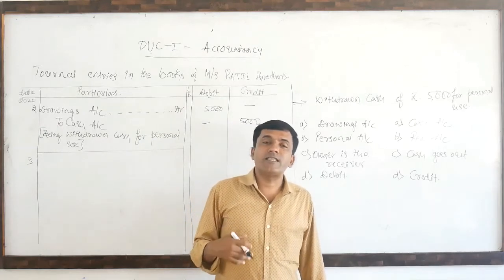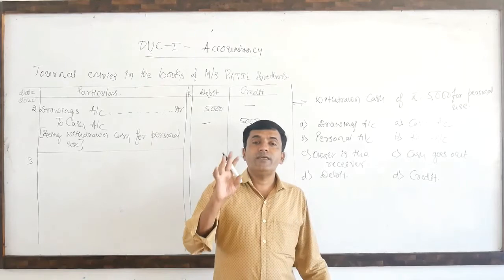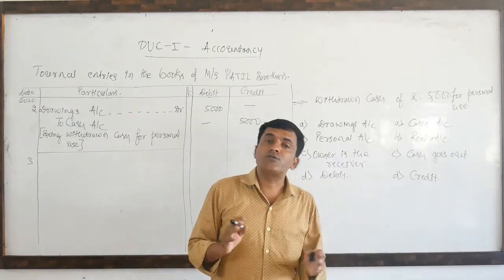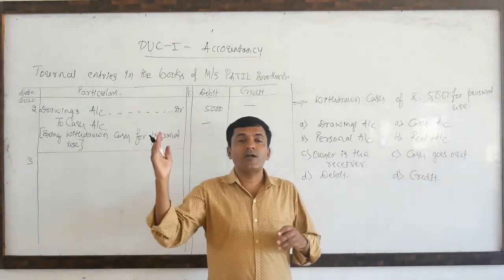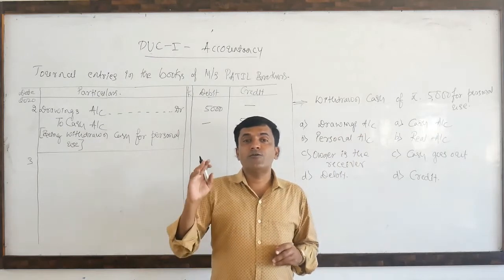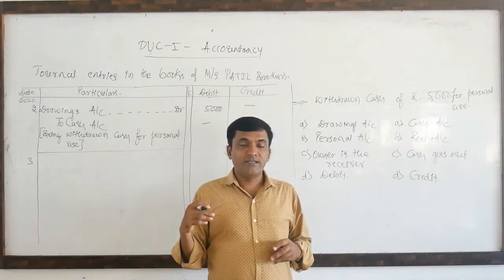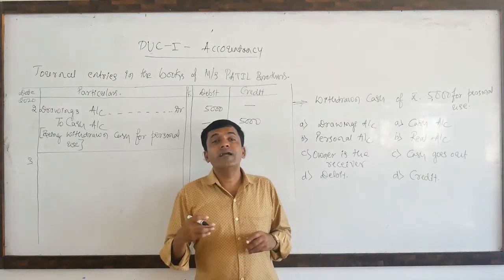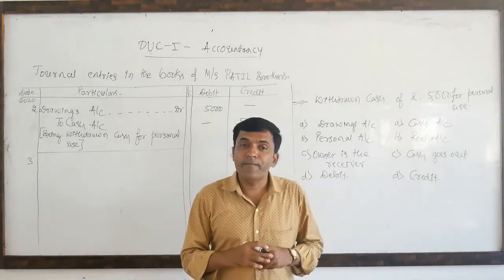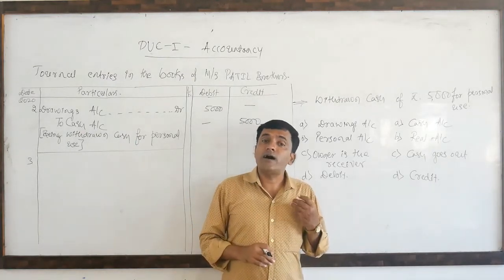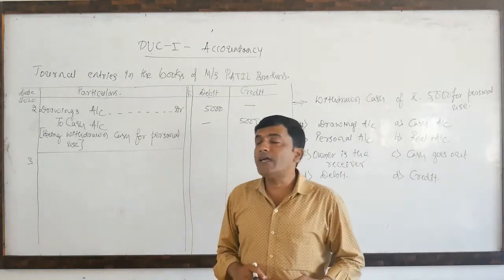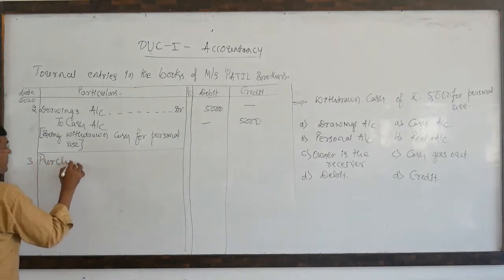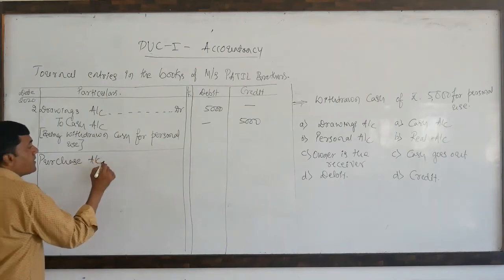Purchased goods worth rupees 10,000 means, in this rough book entries, keep in mind dear students, there will be twofold aspects with regards to double entry principles. One is purchase account, another one is cash account. So purchase is an expense, so we need to write it in the nominal account. What is the rule for nominal account? Debit expenses or losses, credit incomes or gains. For that rule of the nominal account, here we need to debit purchase account.